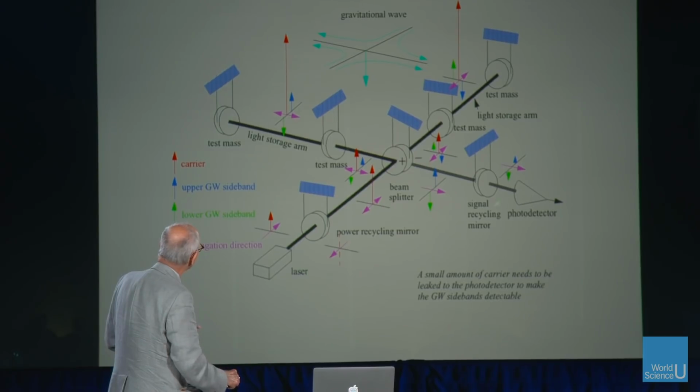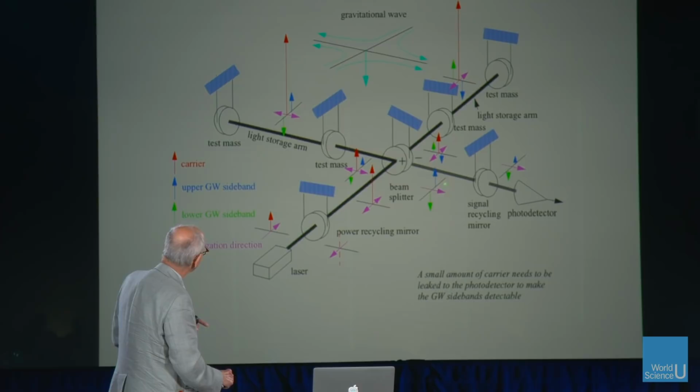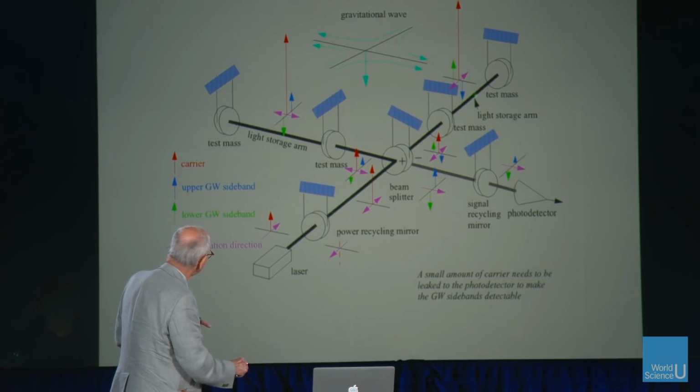So all these mirrors are used to make the system work. You need a little bit of carrier, and that's what we do. We make the time difference a little bit different in these. We don't make it exactly equal and opposite. We put a little bit of extra time in one so that you do get a little bit of carrier at this, so you can demodulate that and get it at the photodetector. So that's the basic idea of the interferometer. Okay? You can ask me questions about it later, but that's as much as I can do without all those arrows. You can follow the arrows and see what I told you. But you can't do it in real time. You're going to have to do it when you look at the slide.